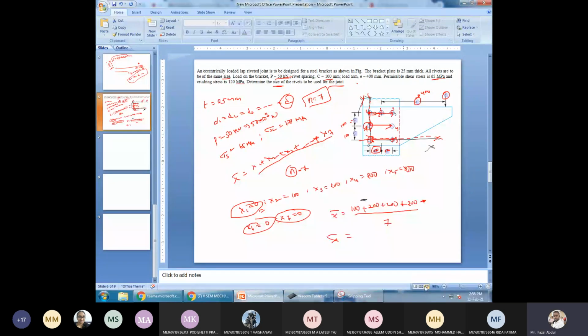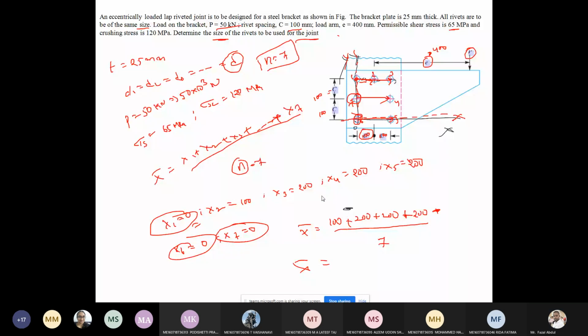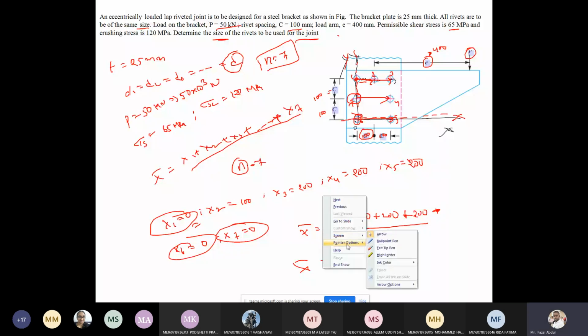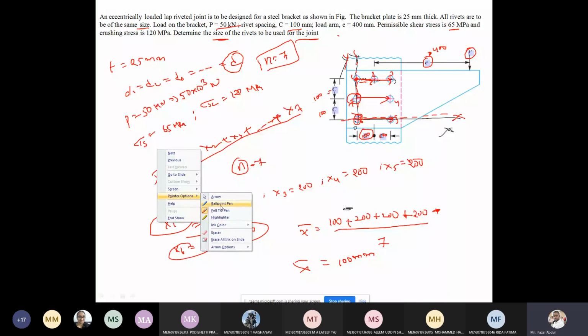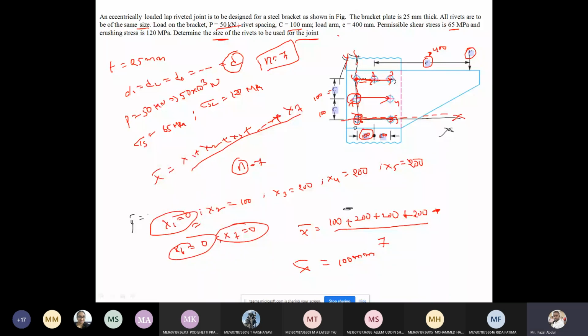In the same manner, calculate the y bar also. X bar you got as 100 mm. In the same manner, what is y bar? Y bar equation I am writing: y bar equals y1 plus y2 plus y3 and so on